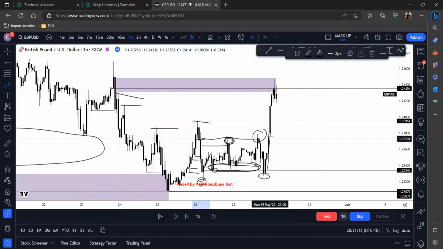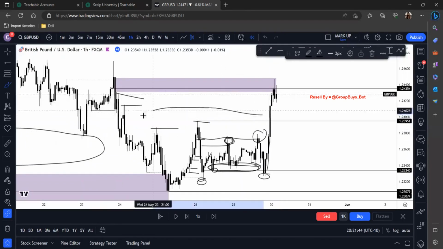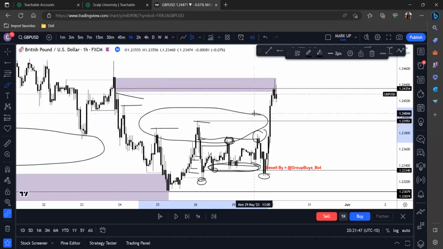Because this was such a strong push to the upside, pay attention to how strong the push is when volume happens. When volume like this happens, this is where you have to use your trade management skills and your judgment. This is what defines you as a trader and lets you create your own style: paying attention to price action here. If I had seen this in a live market, I know I said that price would be just above liquidity, so you're probably thinking all of this right here created liquidity.